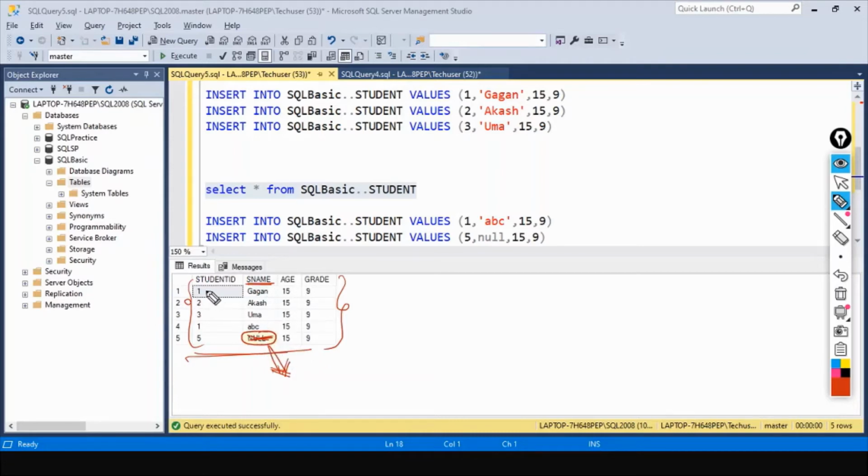And now the second one is student ID 1, student ID 1. We're actually having the duplicate value. If I want to update the location of one student, whom to update? Two persons cannot have the same ID, right? It is like having the same bank account number.